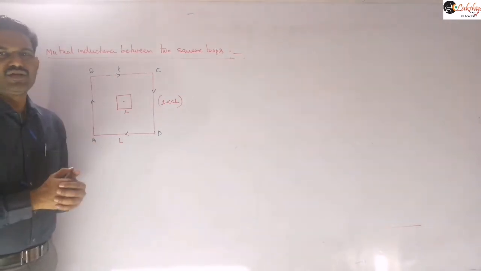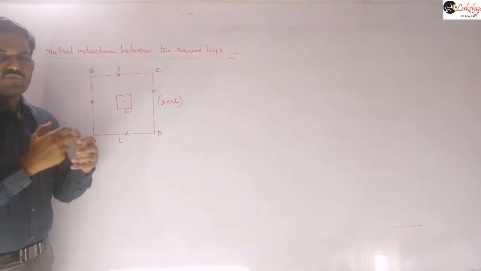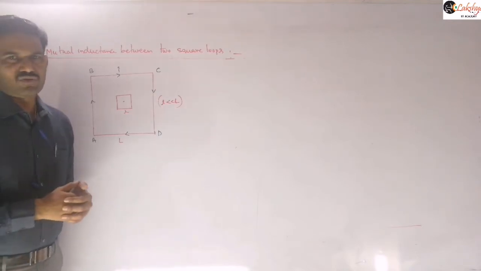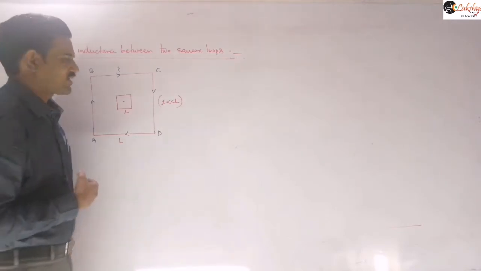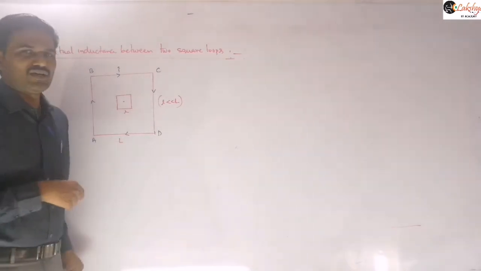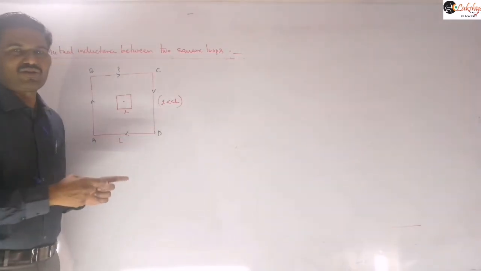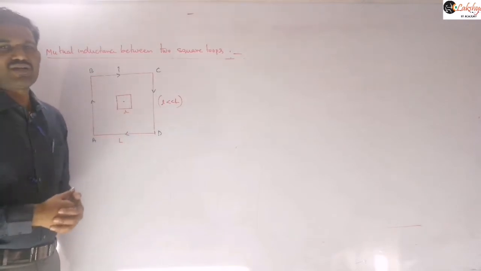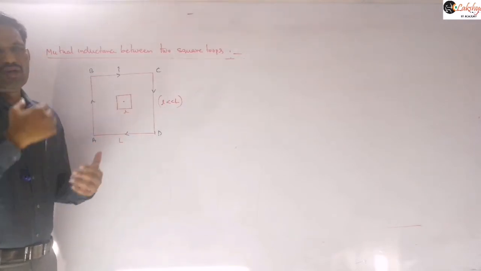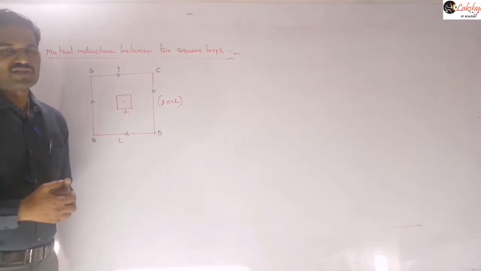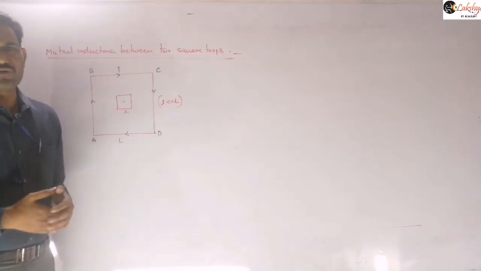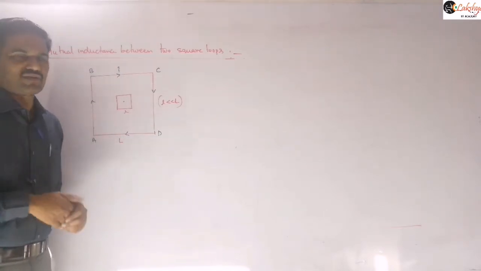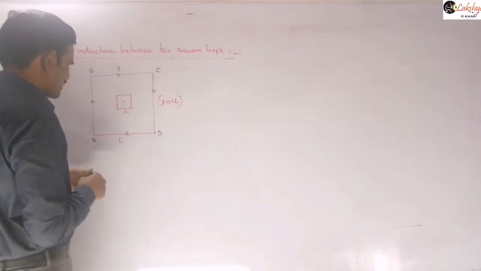And because of that reason, whenever two plane concentric circular loops or any concentric plane loops are given, we assume that current is flowing in the outer loop, right? Then the problem will be easy for us, you can calculate it easily. Even though the current is given in the inner loop in the problem, you can assume that the same current is flowing in the outer loop, because we know the principle of reciprocity. Whether you take current in the outer loop or the inner loop, the mutual inductance between them will be the same. So now let us do this calculation here.